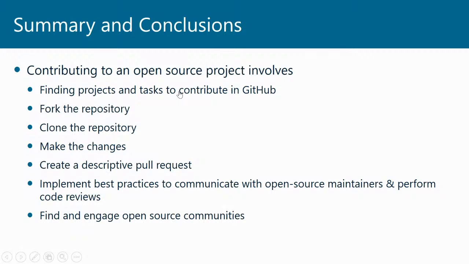Then clone it to your local machine, make whatever changes you would like to make, then go about committing those changes. Remember, you should, as best practice, create a separate branch before you make the changes. Then go create a descriptive pull request, making sure also that your commit before you make that pull request is labeled with the rules that I talked about here and is very descriptive, and see what response you get back